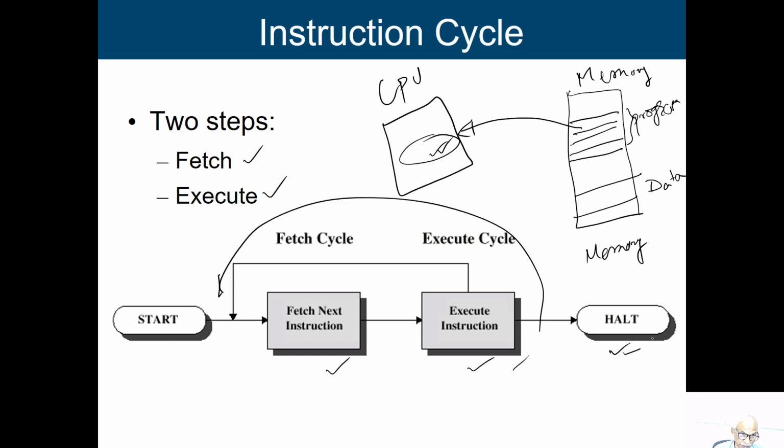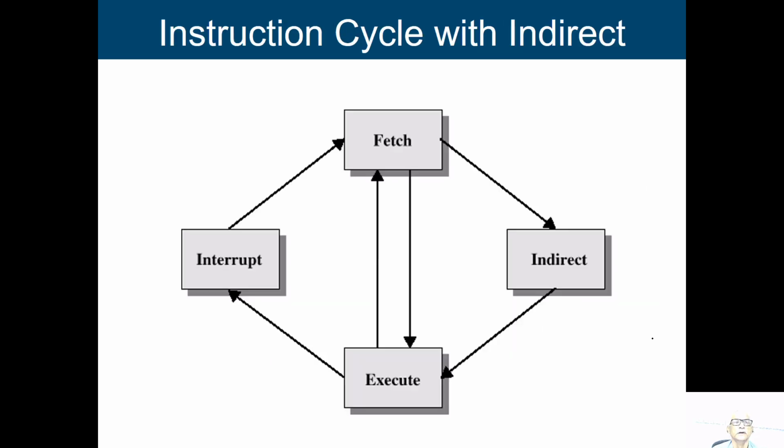So, in this simple example I am saying that the instruction cycle can have 2 steps, fetch and execute, but later on we will see that we can have different steps also, more steps instead of only 2. Okay. And already I think I have talked about these things in the last class. When we fetch an instruction, it may happen that we do not have the data inside the processor, means inside the storage elements in registers, then again we have to get it from the memory. So, this will go as indirect cycles.